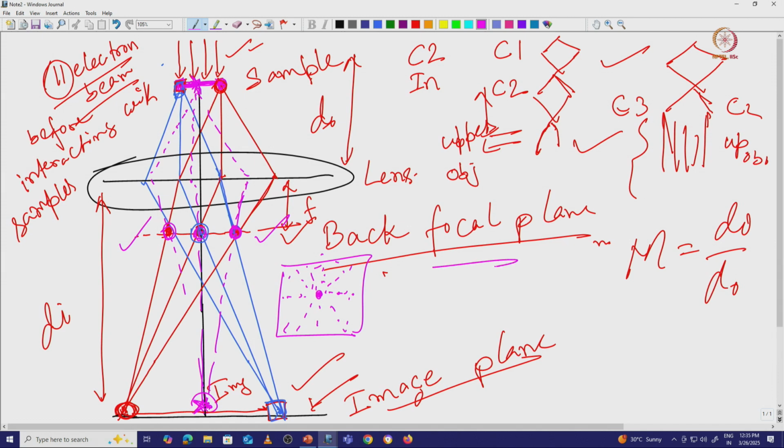And when you are recording this kind of diffraction pattern, as I told, sometimes you will get a very bright spot at the center, because all the three rays are coming together. If you have multiple rays here, some rays are coming here, some rays are coming here, all are going to merge here. So at the center point you will get a very bright spot, and then you will get different kinds of intensity and different kinds of spots. So those are the electron diffraction from your sample, and in the center area you will get a very bright spot, and the rest of the part will be less intense.